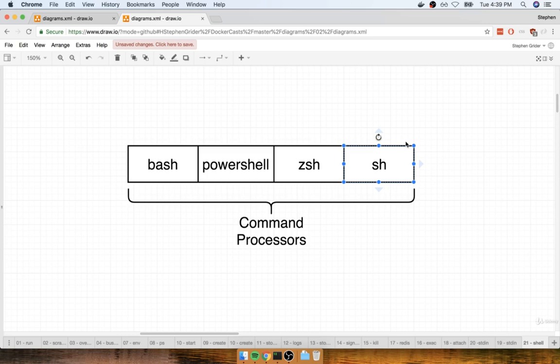You are already making use of a program very much like sh on your own computer. Chances are, if you're on Mac OS, you are probably using something like bash. If you're on Windows, you're probably using something like git bash or PowerShell. Me personally, I'm making use of Z shell. These are all programs that allow you to type commands into your terminal and have them be executed. And so when we start up sh inside of our container, that's just another command shell that we can use to execute commands.